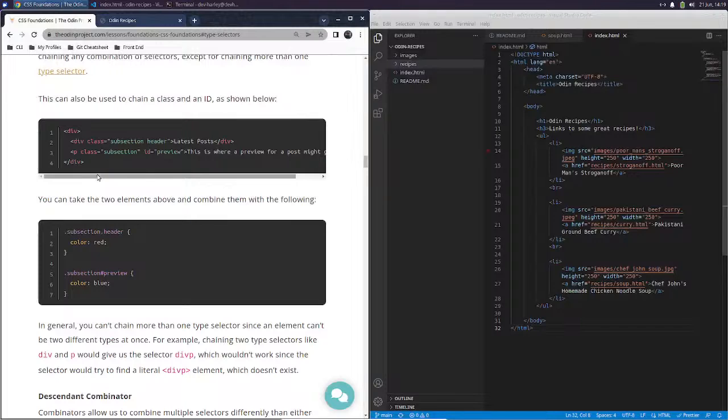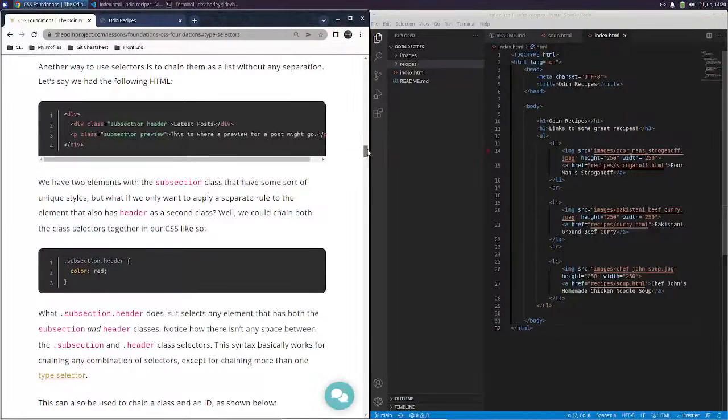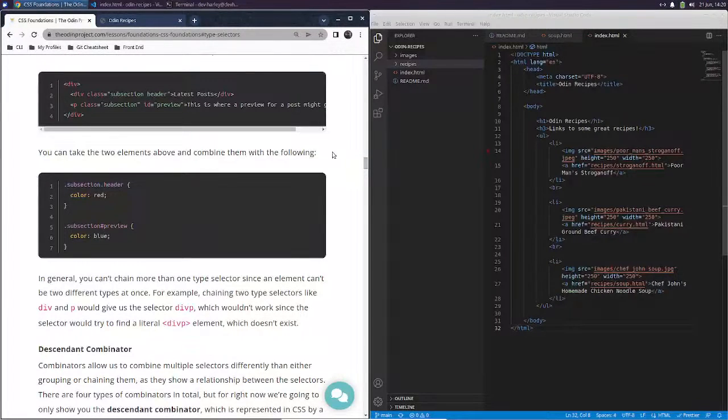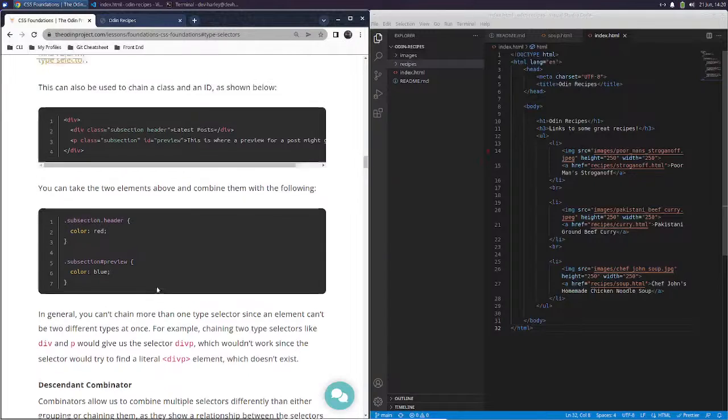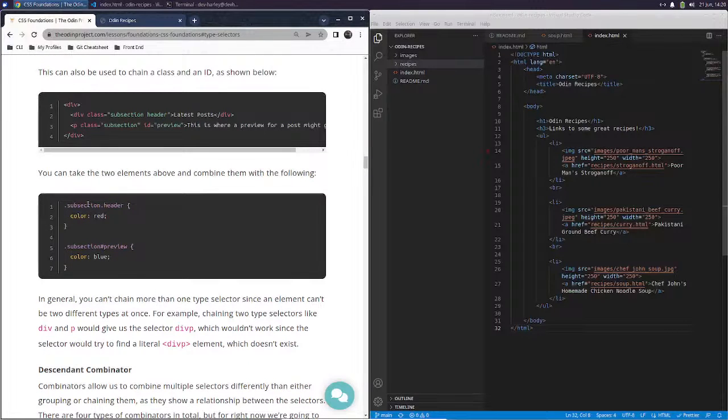This can also be used to chain a class and an ID, as shown below. So we have subsection header and subsection ID preview. You can take the two elements above and combine the following: .subsection.header { color: red; } .subsection#preview { color: blue; }